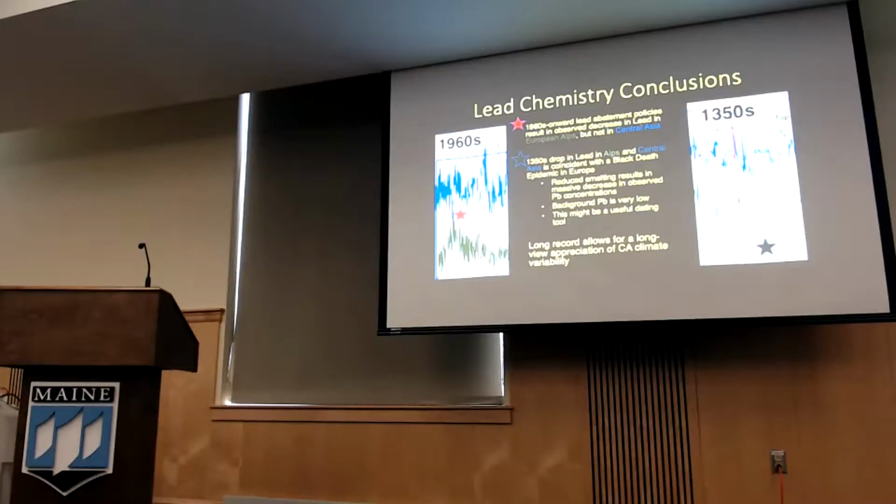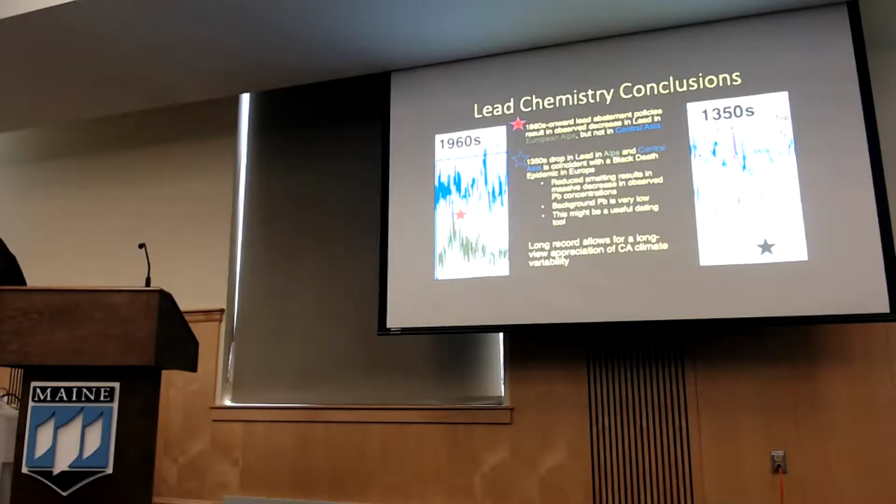I'm going to stop short of saying why that is, even though these 2 areas are connected by the Westerlies, but it's significant. Maybe more interestingly, here in the 1350s, this is work that was done by the Ice Core Research Group here, working with collaborators at Harvard and other institutions. They noticed a massive decrease in lead in their record in the 1340s to 1360s that exactly coincided with an epidemic of the Black Death in Europe. And in our core, we find the exact same shape. Even the decrease, a slight increase, a decrease again before coming back up to